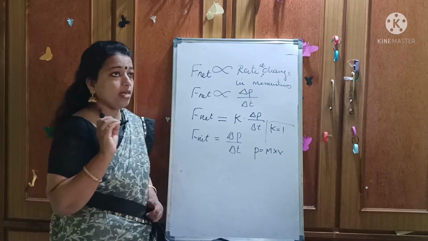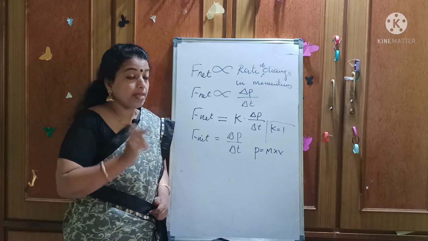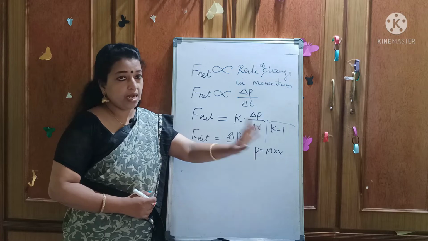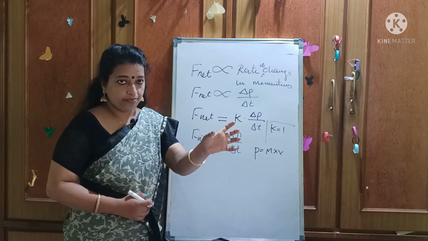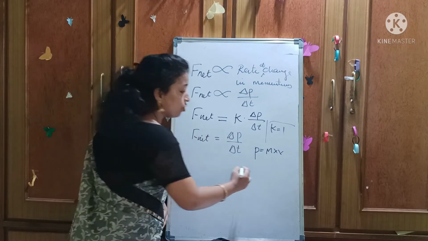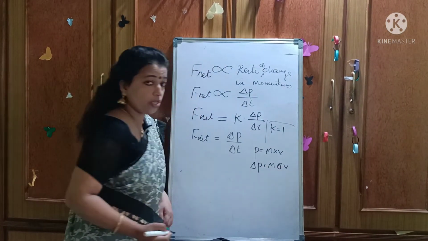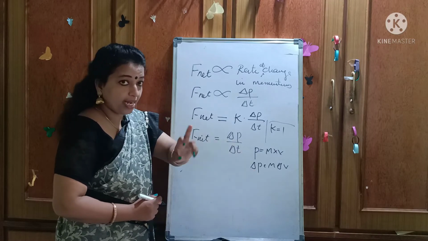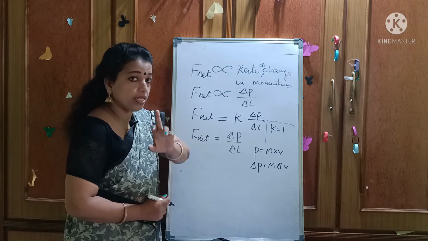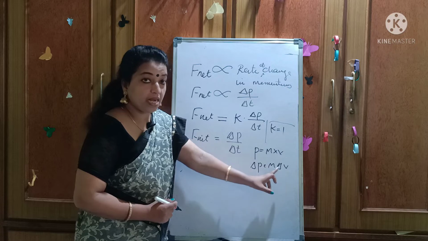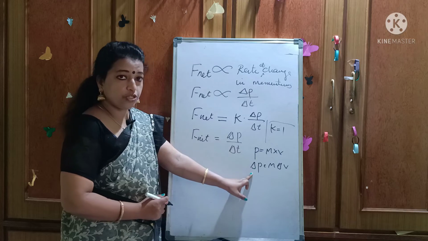Once you think here, for any object, its velocity may change. What is constant? Mass is constant, is it not? Mass is not changing there. For an object, there is a possibility of changing velocity only. There is no change in mass. So momentum will change when the velocity of the object changes. Here delta indicates change, so there is a change in momentum. The change in momentum can happen only when the velocity changes. Mass is constant, so delta applies only to velocity. Velocity is changing, so momentum also changes.